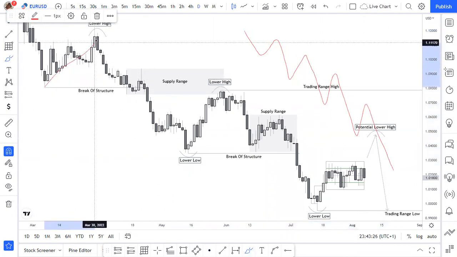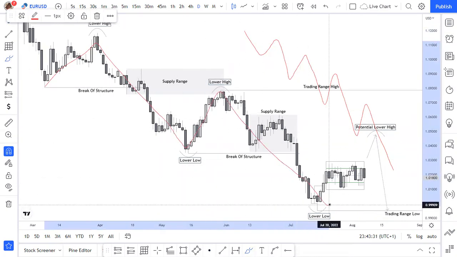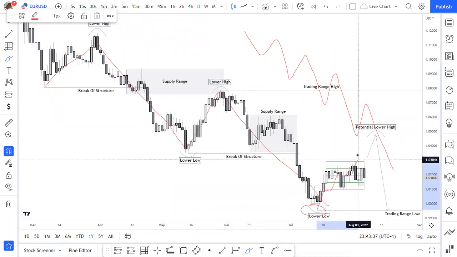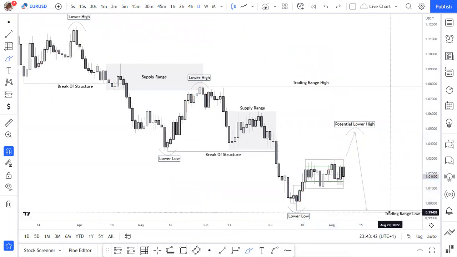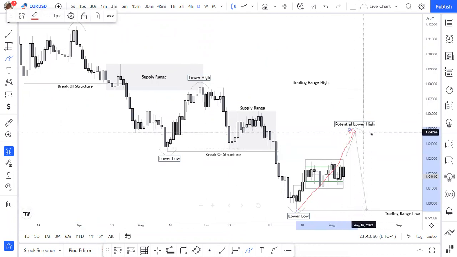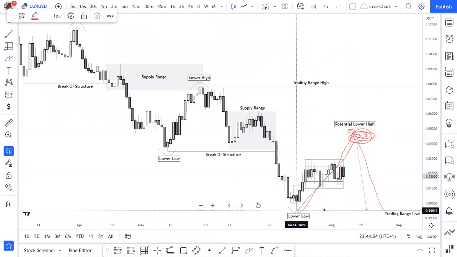We have price making a lower high, pushing down to a lower low, lower high, lower low, and now we've made this lower low here, and price is at that phase of pushing back up to make a lower high before continuing down. Based on the daily time frame, you either wait for price to make that lower high and give the needed confirmation you want to see before taking the trade. Like, you wait for price to pull back, then look for your entry somewhere here and then to take out this low, or